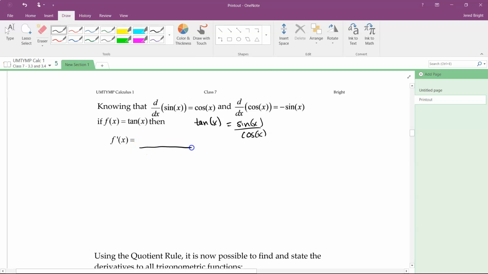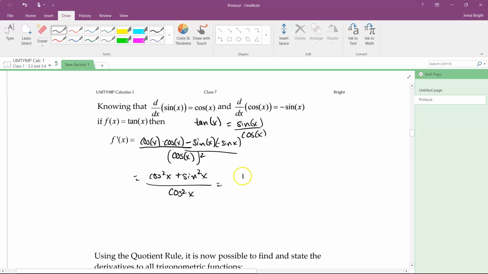So the derivative is going to be low, cosine of x, d high, so derivative of sine is cosine, minus high, sine, d low, minus cosine, or minus sine, sorry, all over low squared. Okie dokie. And then that's cosine squared x minus, actually that's plus because the minus comes out, so I have plus sine squared x over cosine squared x, and then this is just equal to 1 plus sine